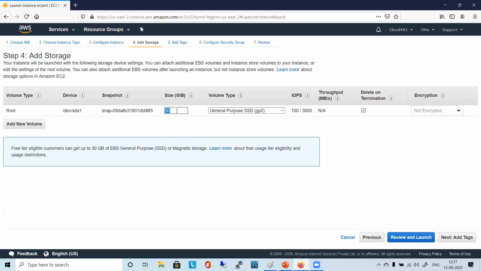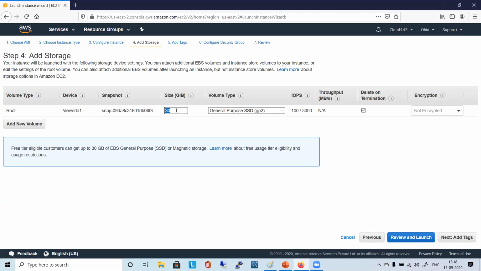If you just make it 20 GB or something, do you think it will work? No, it will not work. Why? It is part of that AMI, the image. It cannot be less than that AMI, because that is a bit for bit copy of the storage from the instance from where that AMI was created. We'll be creating our own AMI, and from AMI we'll be creating our own instances as well. We'll look at it in detail. By default it has been created to run instances.